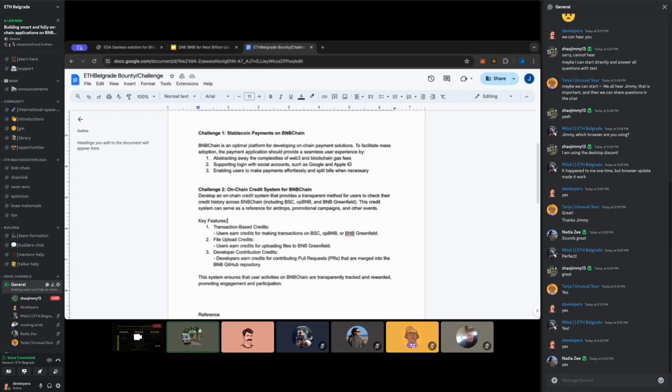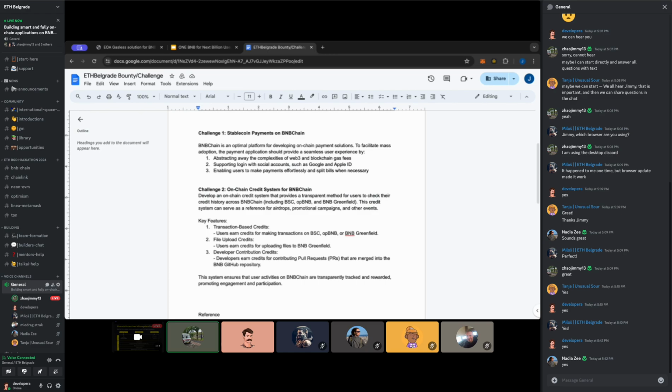They can just start using it directly. So this is the first challenge, stablecoin payments. It will be better if you can build a mobile-first application on Android or iOS. It depends on what your target users are.